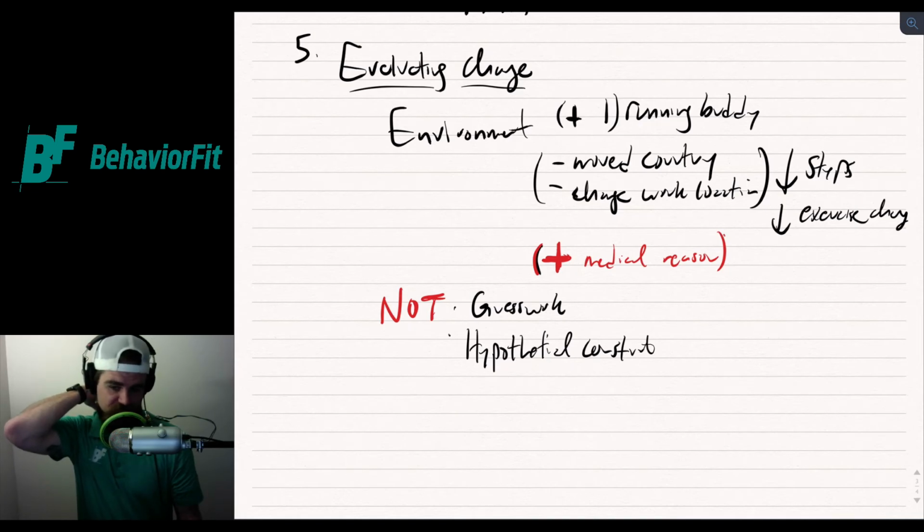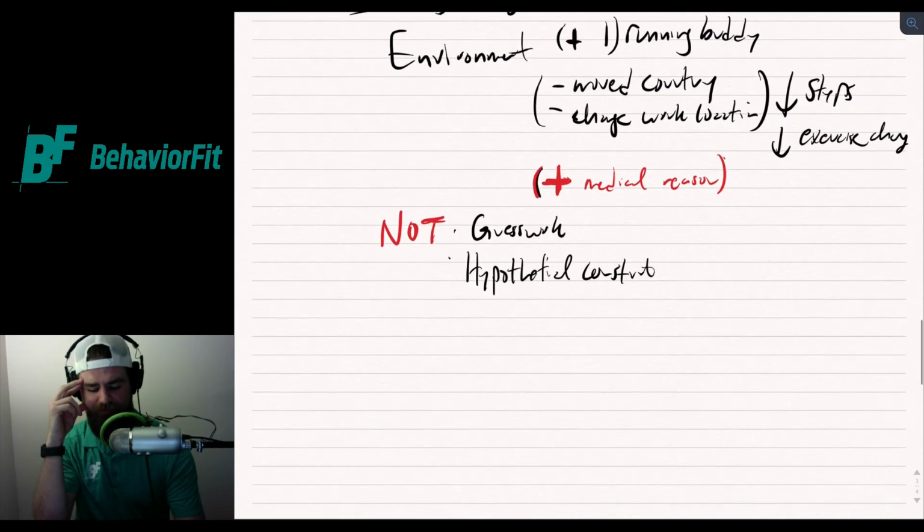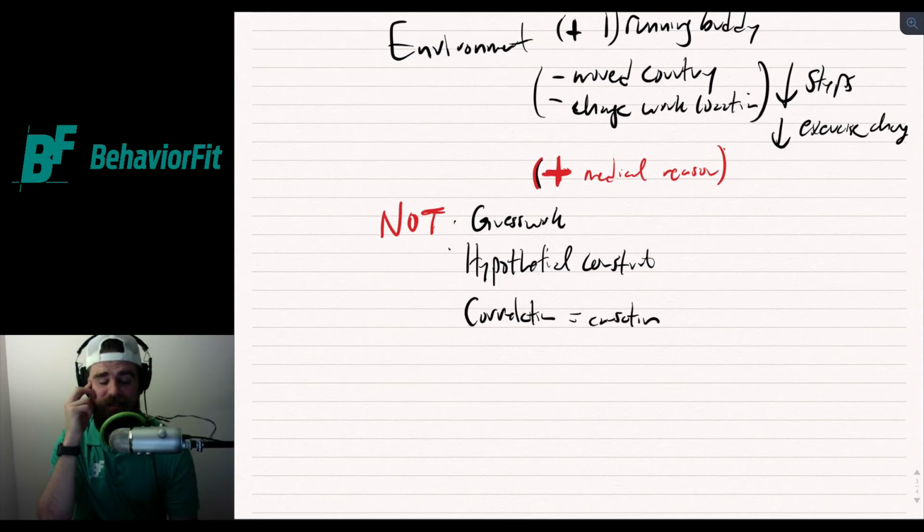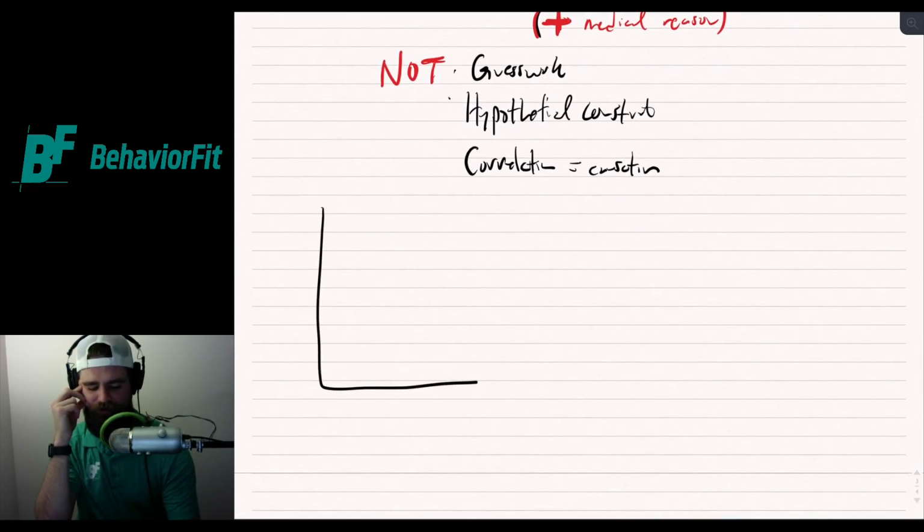So we're looking at those environmental changes. And again, we're looking at research. I'm bringing this up many times when we talk about understanding the environmental changes: correlation does not equal causation. So just because two things move along together does not mean that A causes B or B causes A, right?